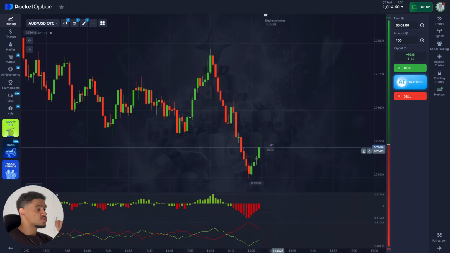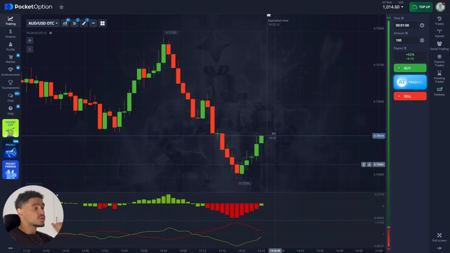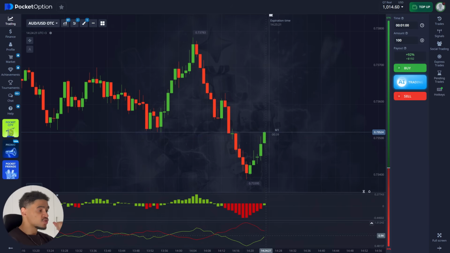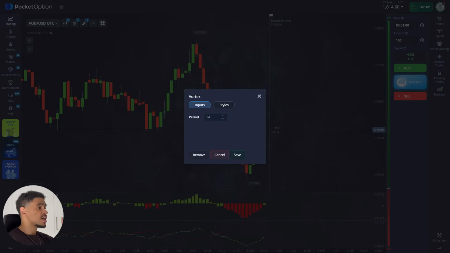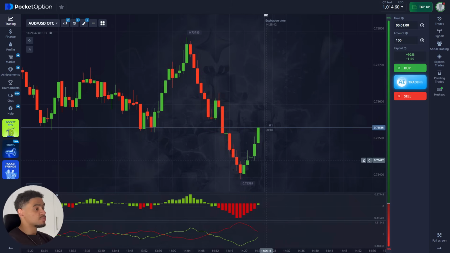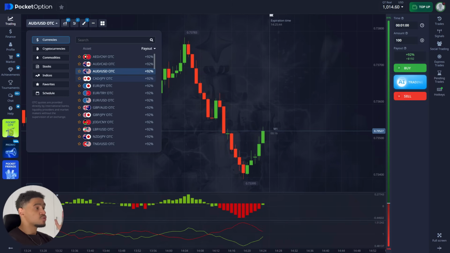And the only thing that you need to look for, if you're looking for a buy position with this strategy, you need the momentum indicator to shift to above 0 aggressively, and you're looking for Vortex VI plus to go above VI minus. In this case, as you can see right here, VI minus is red, VI plus is green. So what we're looking for is the shift in these lines right here. Once VI plus crosses, once momentum turns green and goes above 0, this is our call to enter a buy position.